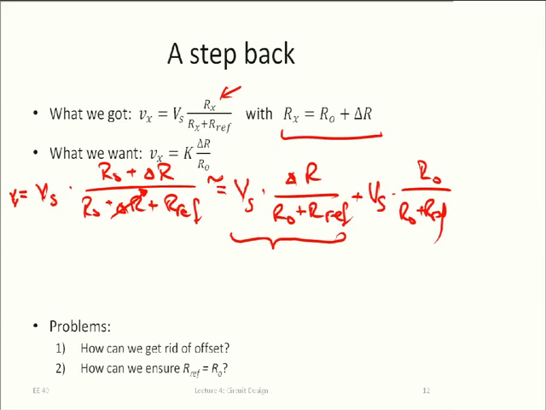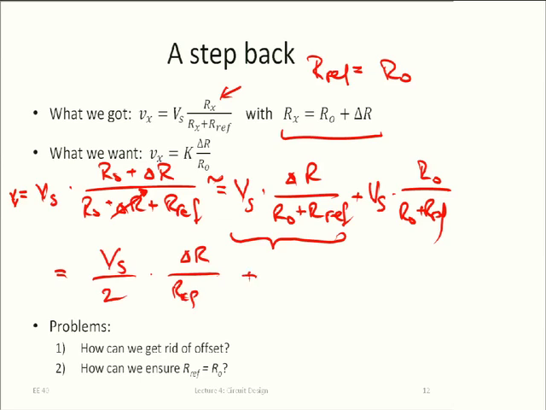At least if, well, we have to, I guess, choose one more thing. Let's choose R ref. Let's choose that R0. We cannot use R ref equals 0, right? If we would make R ref equal to 0, it would look even better. But then, unfortunately, Vx is always equal to Vs, and we are not measuring anything. So we make R ref equal to R0. Then this whole equation actually becomes Vs over 2 times delta R over R ref